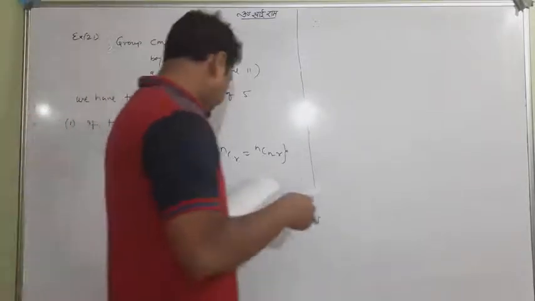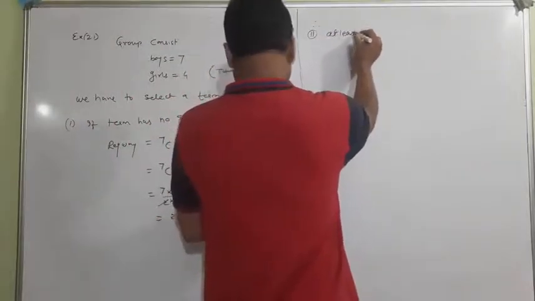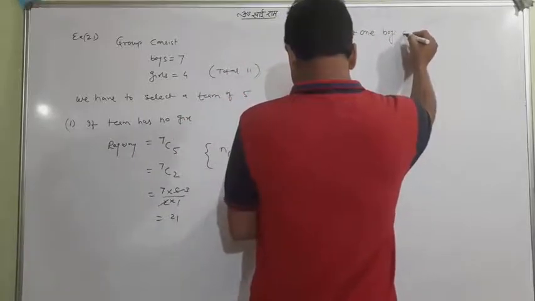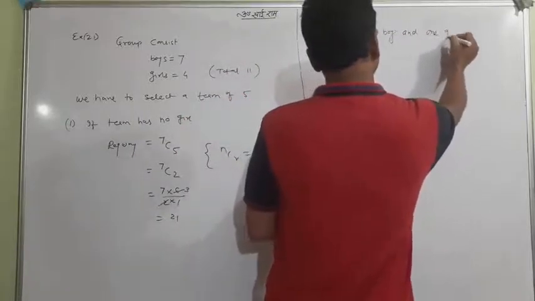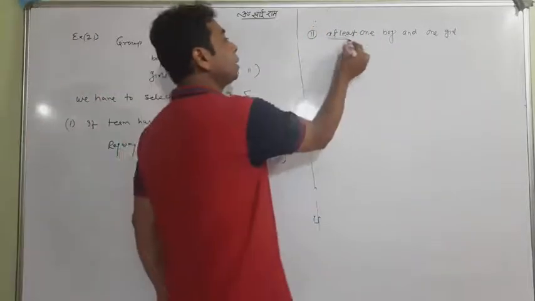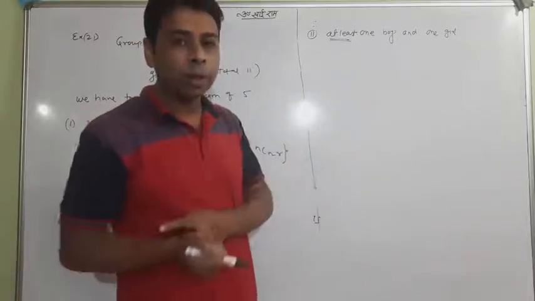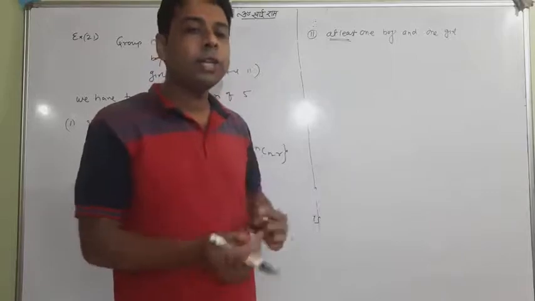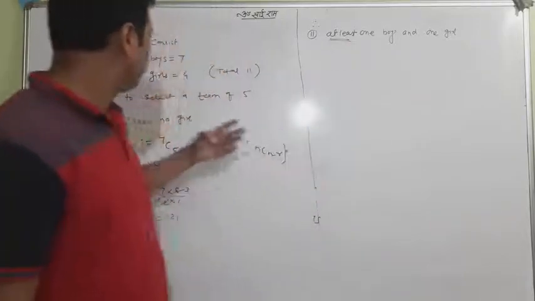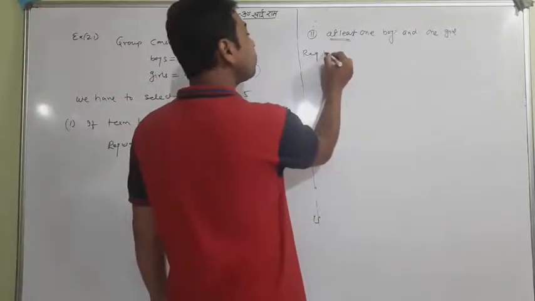Now the second question is, at least one boy and one girl. The word at least is very important. One boy and one girl, meaning the team must have at least one girl and one boy. So how can we deal with it? Okay, definitely this least condition is given. So the maximum we will handle according to the situation. So the required way is